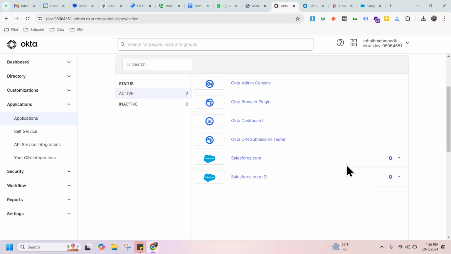Okay, but just if you have copied those consumer key and the other key was consumer secret. So we will be configuring those two things over there. So how will we do that? Go to this salesforce.com to